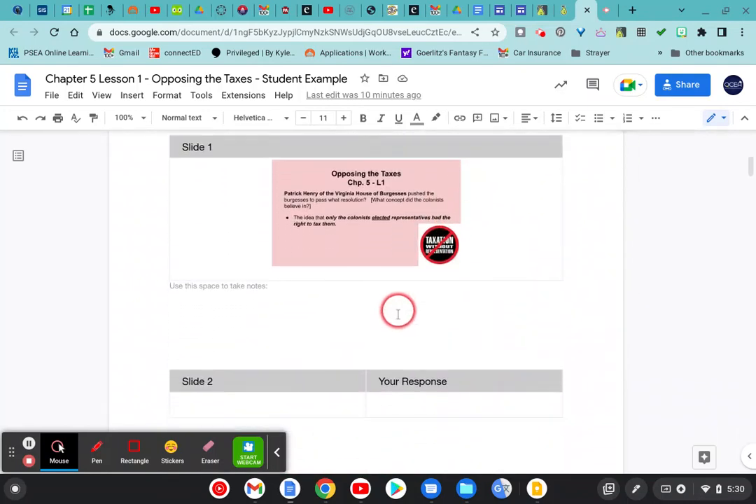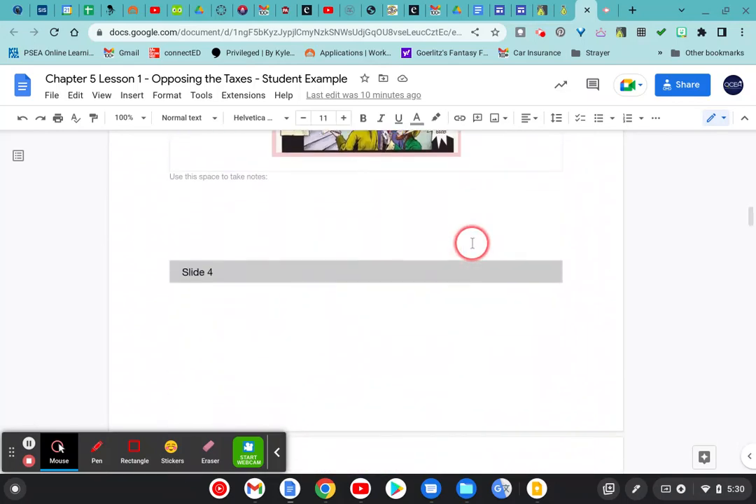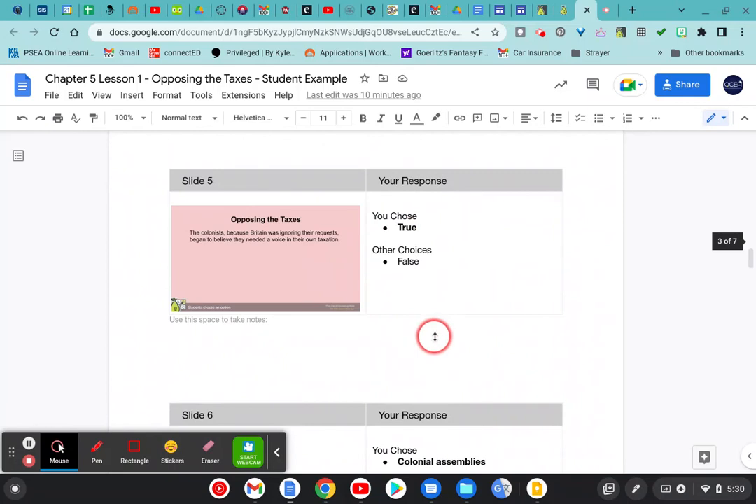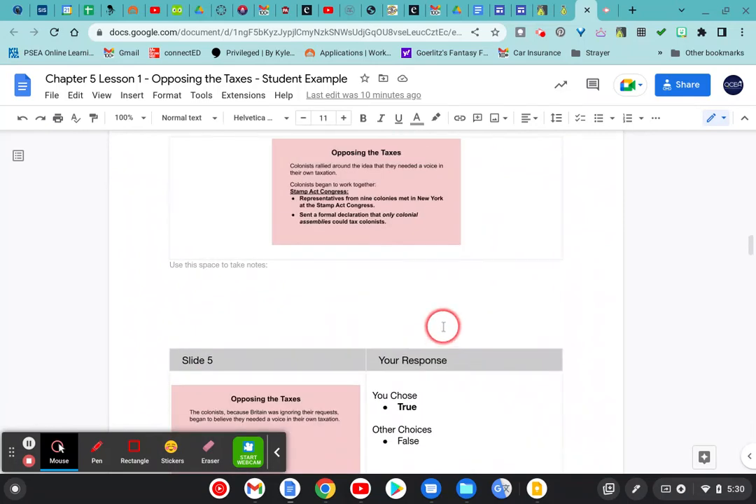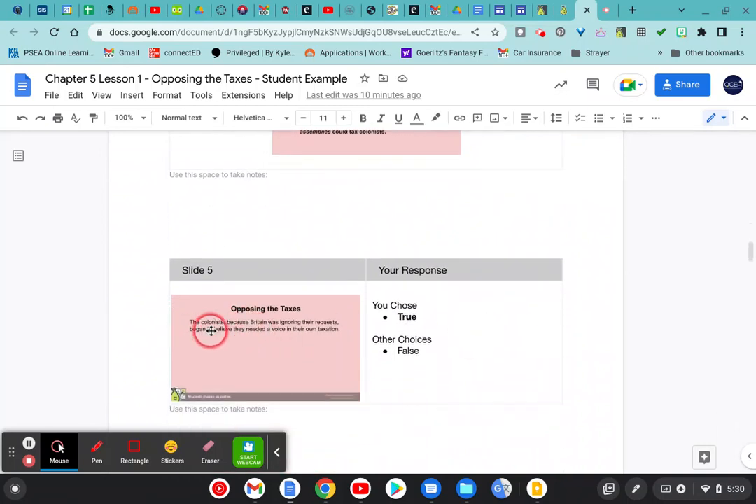And then they go through, they have each one of the slides, and they also have the questions. So who did the colonists feel had the only power to impose taxes on them? You chose colonists elected representatives. That's what the answer is, because we make sure that the students all have the same and correct answer. And they can then use this when they go to study or they want to review. So here's a question here. You chose true. What were other choices? Again, I'll make sure they all have the correct answer, but it's a good way just to review the lesson. So that's just a short